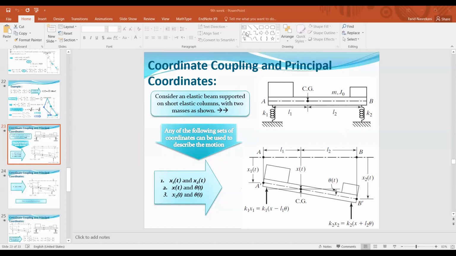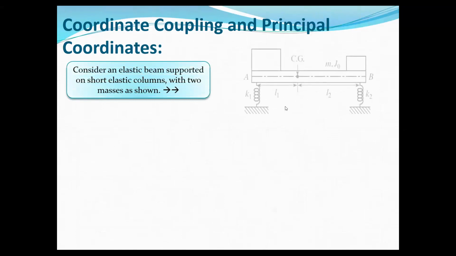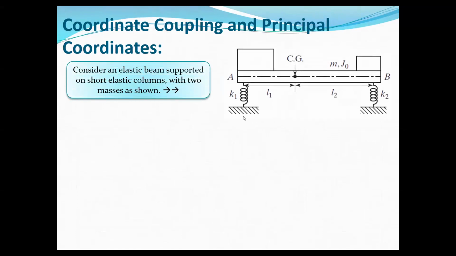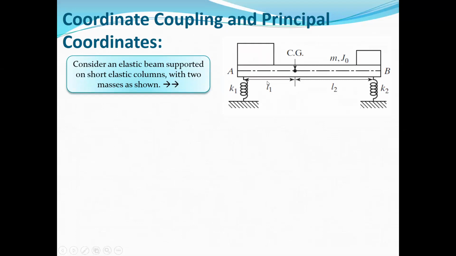Only a small part remains from the previous section, and that's the coordinate coupling and principal coordinates. For this purpose, we can consider a system with 2 degrees of freedom, which consists of an elastic beam, which is located on two elastic supports with stiffness K1 and K2,